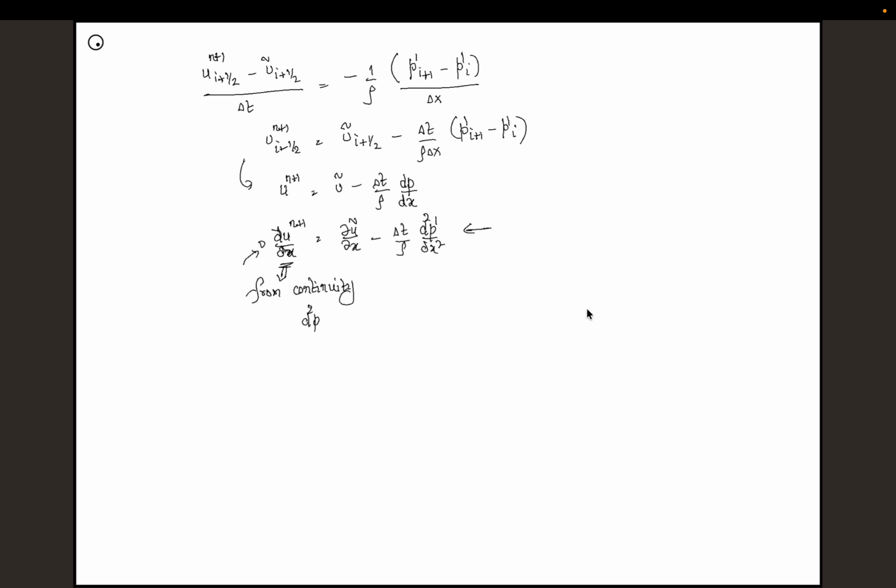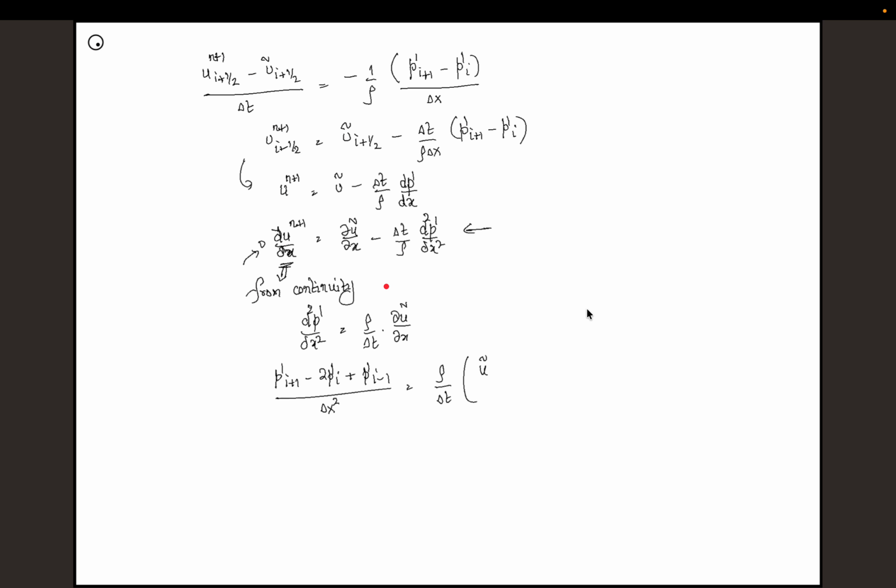So that will give us a new equation, which is d square p prime by dx square is rho by delta t times del u tilde by del x. If I write this in the discretized form, we can use central differencing again for this, so that will give me p prime i plus 1 minus 2 p prime i plus p prime i minus 1 by delta x square is rho by delta t times del u tilde del x. I can write it as whatever I have before. U tilde of,